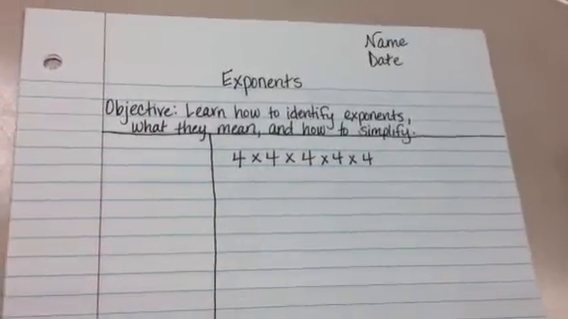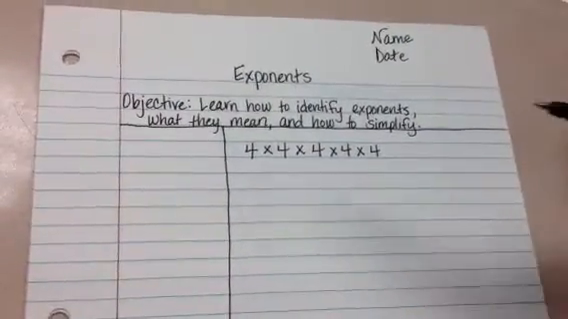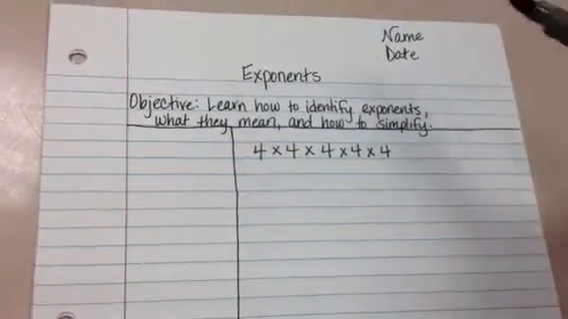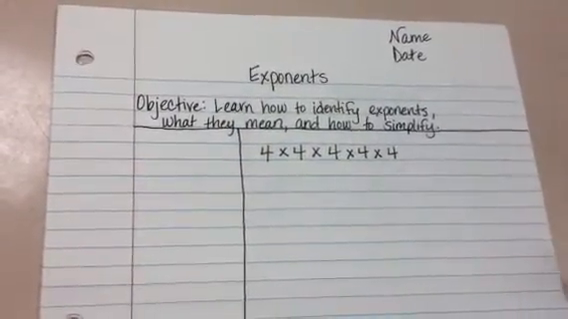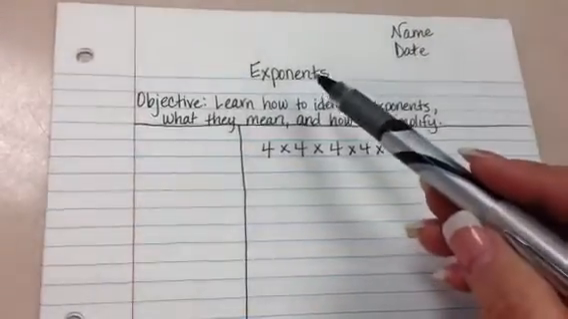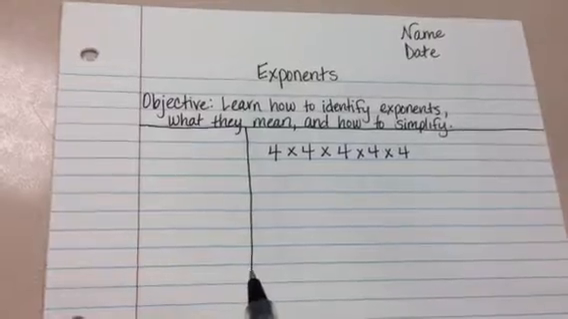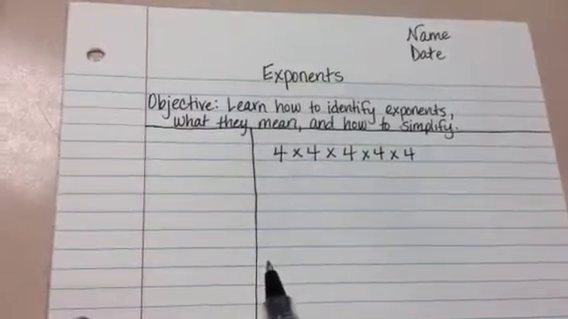Today our lesson is on exponents. You're going to want to set up your paper in Cornell Notes style. Make sure your name and the date is at the top right hand corner. Our topic is exponents, and our objective is to learn how to identify exponents, what they mean, and how to